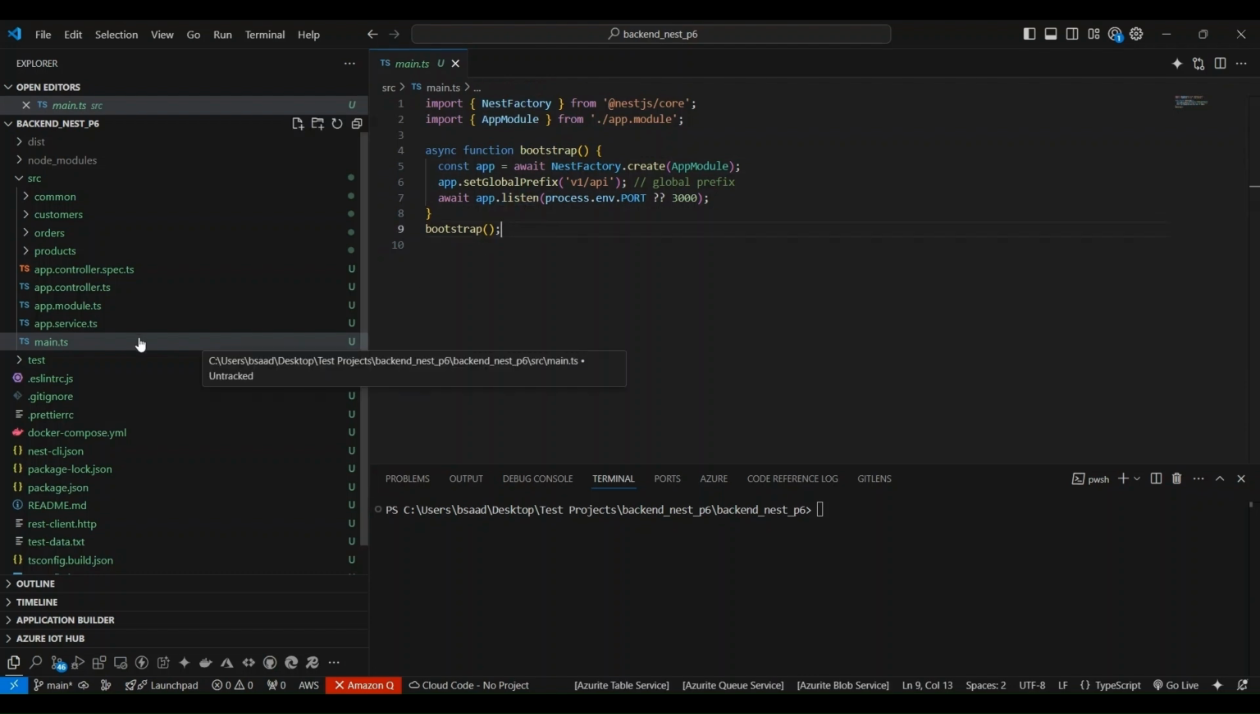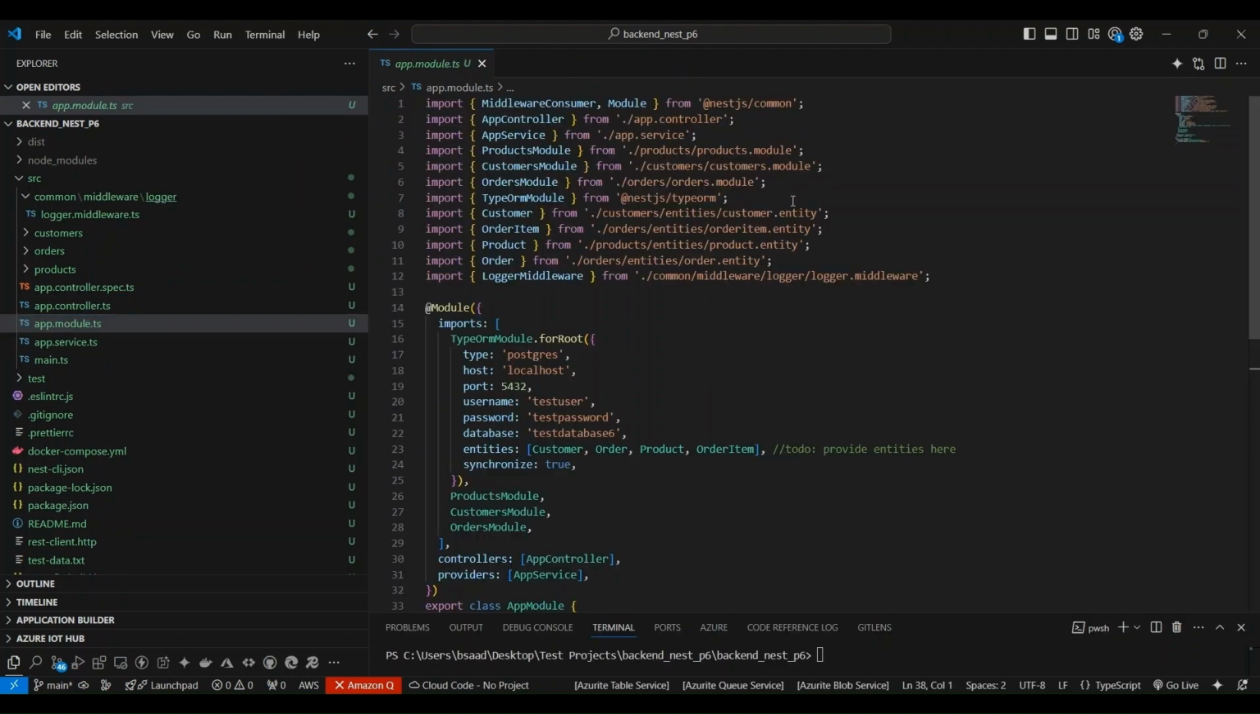Now let's visit app.module.ts. Here I'm importing all the required modules and entities, which I'll be explaining in a moment. And then the middleware I scaffolded for logging. I've already imported the required ORM modules,